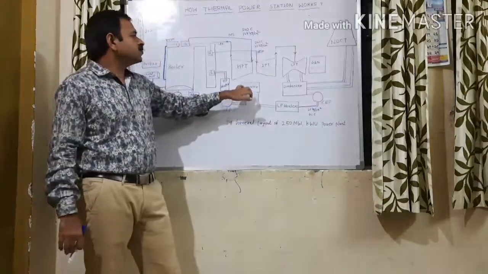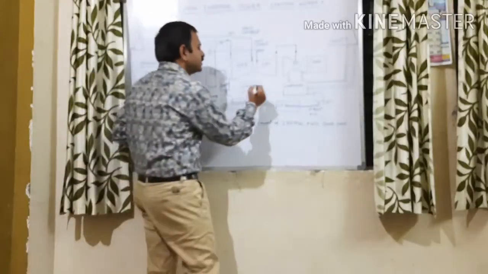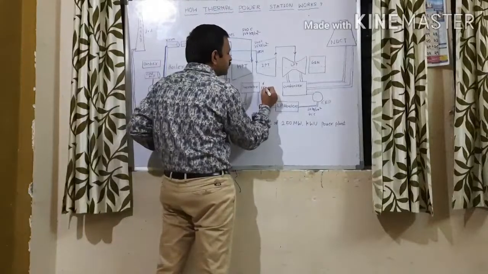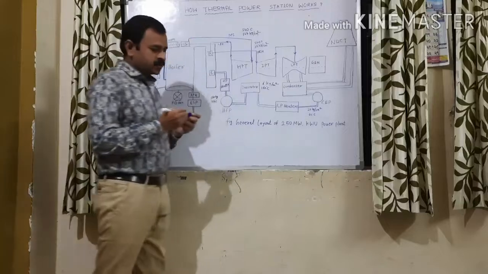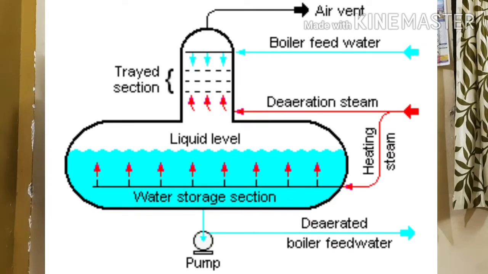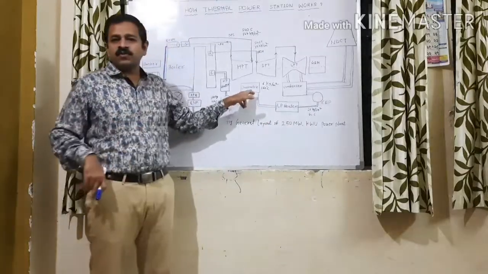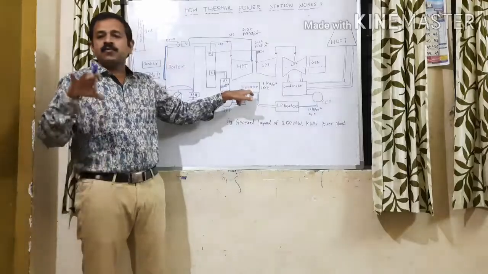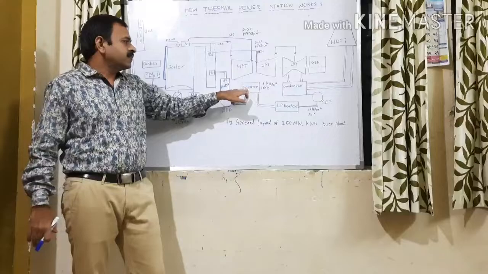Okay. Then water goes to the deaerator. Here we have a pressure of 6 kg per centimeter square and a temperature of 160 degrees Celsius. Deaerator means deaeration, or it is called the oxygen scavenger. Whatever oxygen or air is present in the condensate water will be eliminated in this deaerator. That is the main function of the deaerator. Pegging is also one of its functions, and removal of the air is also one of the functions of the deaerator.